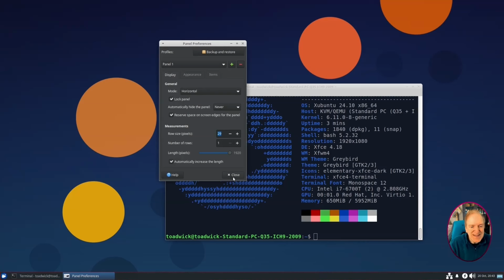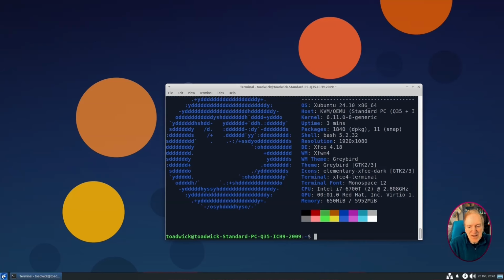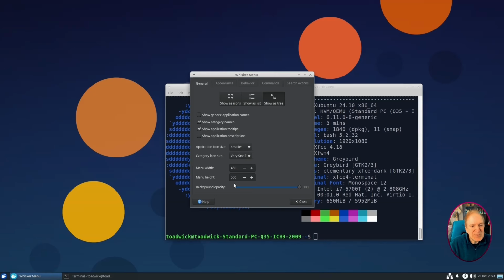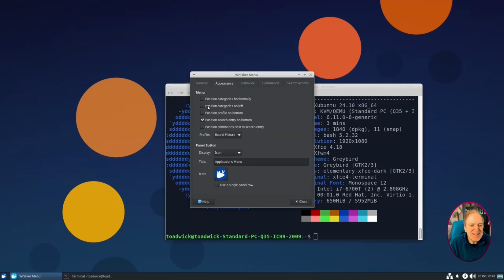So I'm just going to close that out, and I'm going to right click on the icon and then select properties. This will be the properties for our Whisker menu. And so here we can change different things about our menu. So I like to select show as icons, and then under appearance, I want the position categories to be on the left hand side